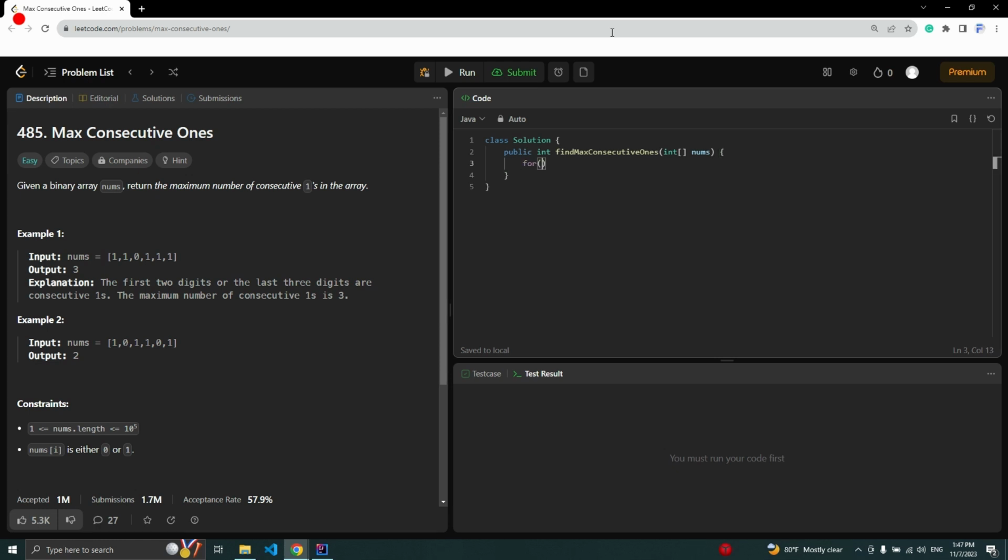So let's do a for loop, as most of these questions involve. Start at position 0. Iterate through nums.length, and go to the end. And we also need two variables, int max, which is equal to 0, and int sum, which is equal to 0. So what we do is, since we only care about ones, we do if nums at position i, the current position, is equal to 1,